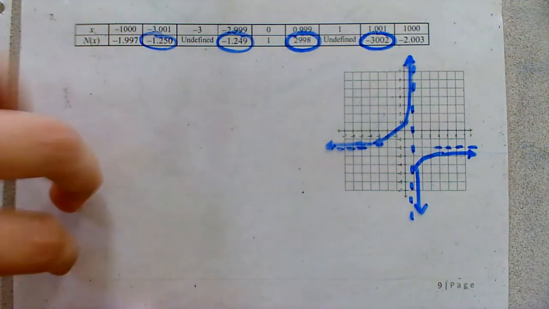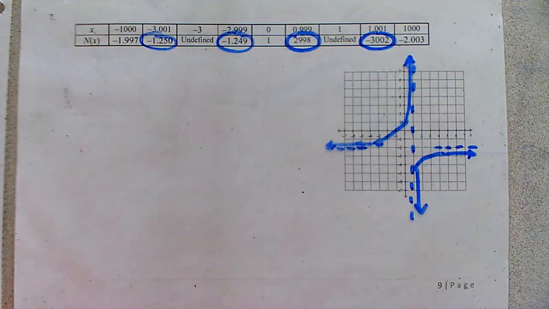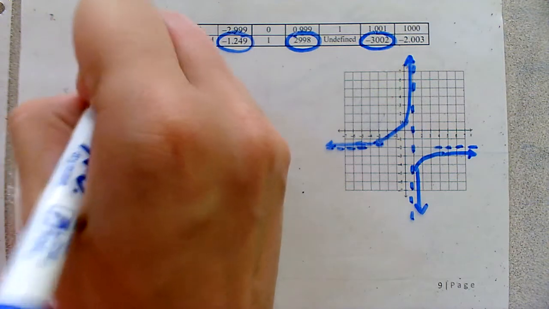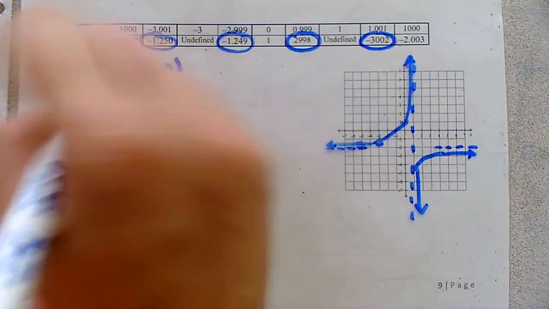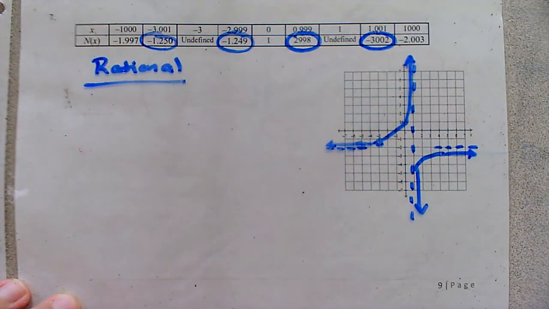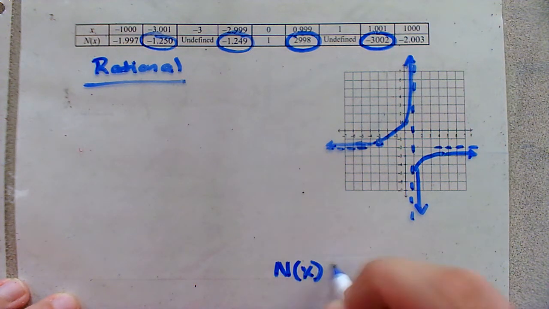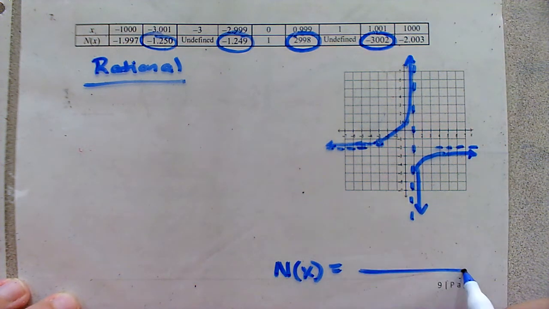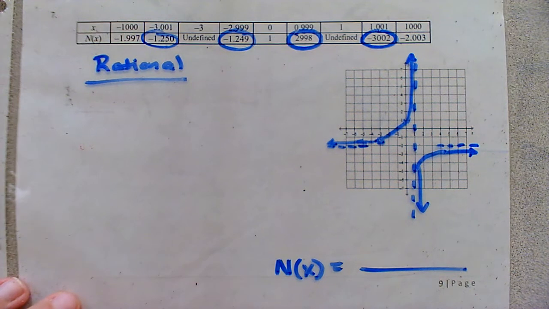So this one's a little difficult because we have a lot of information going on here, but we're going to pay close attention to what the table of values is telling us about this graph. Hopefully, now that we have a picture, we can identify this as a rational function. And rational functions by nature are fraction equations. So just kind of jumping the gun here, we should have an equation that's a fraction in order to develop